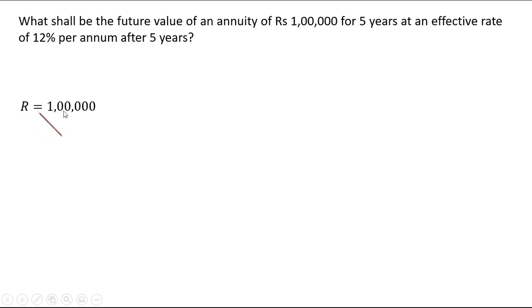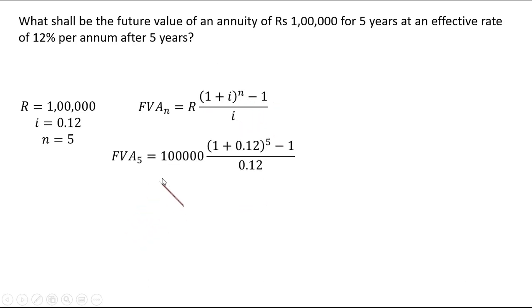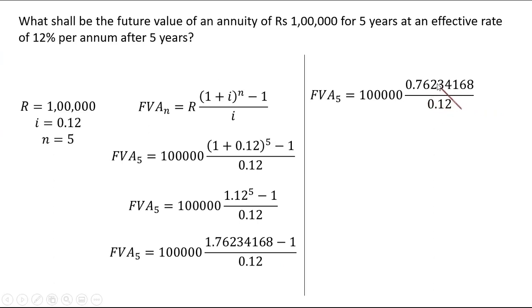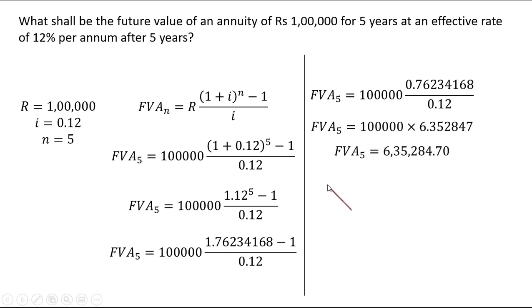So we are being told that R is 1 lakh, I is 12%, number of years is 5. We write down the formula of FVA, and that is R 1 plus I the whole raised to n minus 1 the whole upon I. Then we substitute in the values. We write 1 lakh over here, we write 12%, we write 12% over here, and we write 5 for the number of years. 1 plus 0.12 is 1.12. 1.12 raised to 5 is 1.76, and that minus 1 is 0.76. When we divide it by 12, we get 6.35, and when we multiply it with 1 lakh, we get